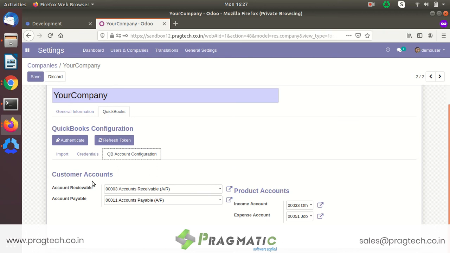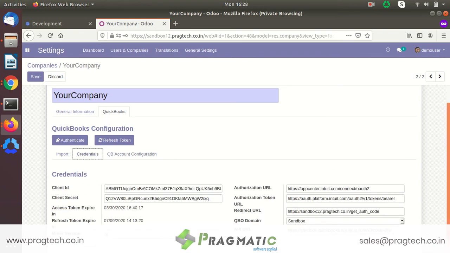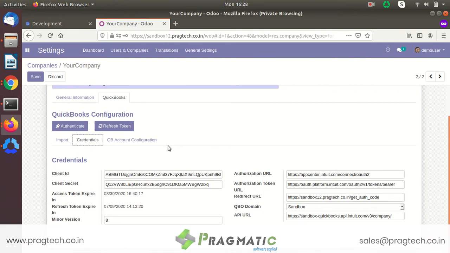So everything related to accounts will be mentioned under this. And when I go to credential, I can see the client ID, client secret, and access token, which gets generated. This is all the information which I need to fill in from QuickBooks. And there is a redirect URL which needs to be filled from Odoo to QuickBooks Online to get the data